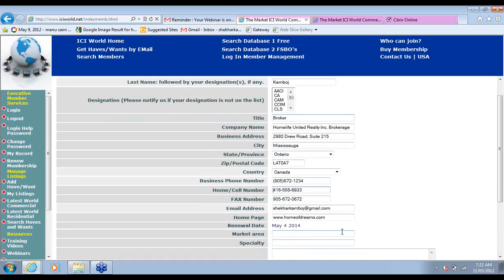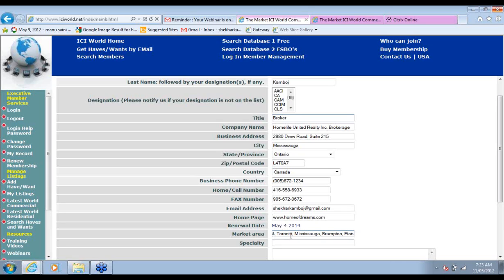And you can fill it in, and you can start with GTA if you work all of the GTA. And then you put a comma and a space. Always leave a space after a comma for everyone. And put in all the communities that you do business in, because people can sometimes search for a real estate broker in Mississauga. And if you have Mississauga in your domain name, it helps. Okay, put in all the other communities that you do business in. You're doing very good. Thank you.